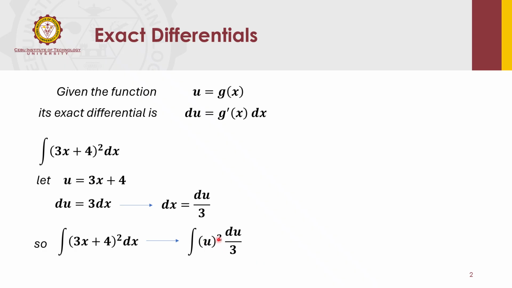As you can see, this is in the form u to the power of n over a constant. Therefore, we can use the basic integration formulas. Take note that it's not applicable to x to the power of n times dx only. We can use any letter in the alphabet. It's of the same format: u to the power of n times du, divided by a constant. So using those set of formulas,